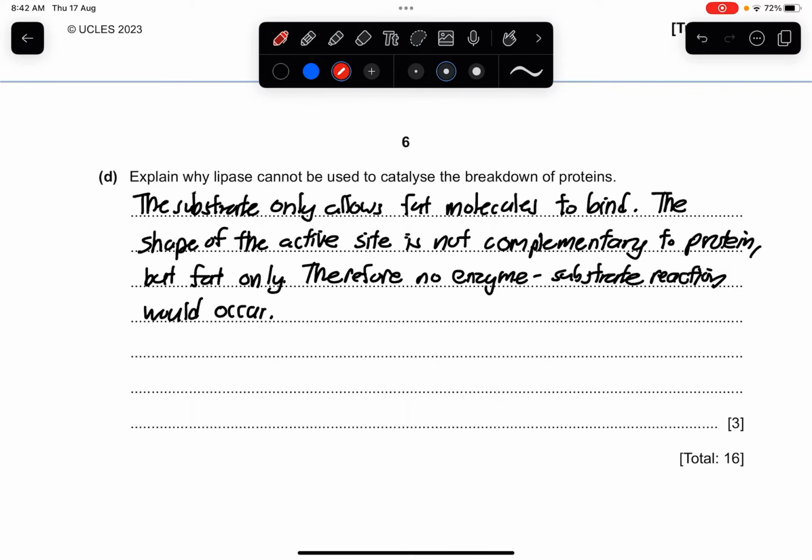So this whole point of my keywords is using complementary, active site, the shape of it, and the substrate is only able to allow the fat molecules. It's all about this word specificity. So the whole point of this answer is that you must talk about how the substrate is going to bind with the active site and how it is complementary to allow a reaction to happen, which is the 3